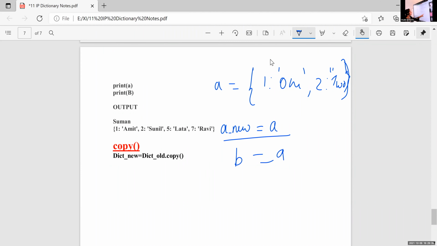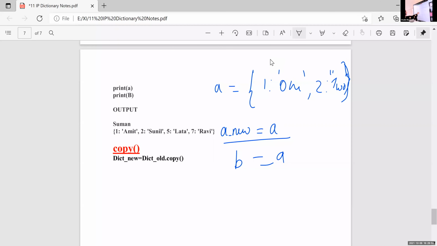I'm giving one alternate name B for this A. That is copy. These are the main topics included in this dictionary.